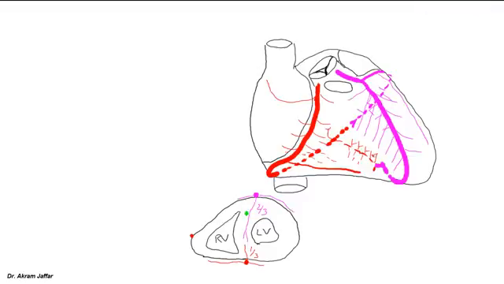Regarding the conductive system of the heart, it has been just mentioned that the atrioventricular bundle is supplied by the septal branches of the anterior interventricular artery. The SA node, which is located at the right side of the entrance of the superior vena cava into the right atrium, is supplied by the SA nodal branch of the right coronary artery, and this is in about 60% of the cases. The atrioventricular node, which is located in the interatrial septum, is supplied by the AV nodal branch of the right coronary artery, and this is in about